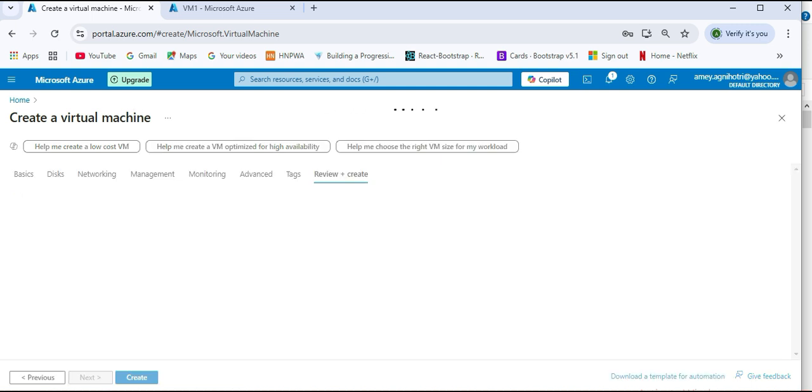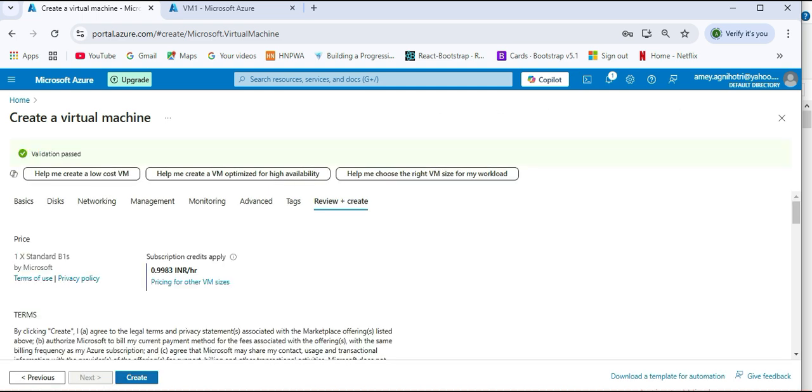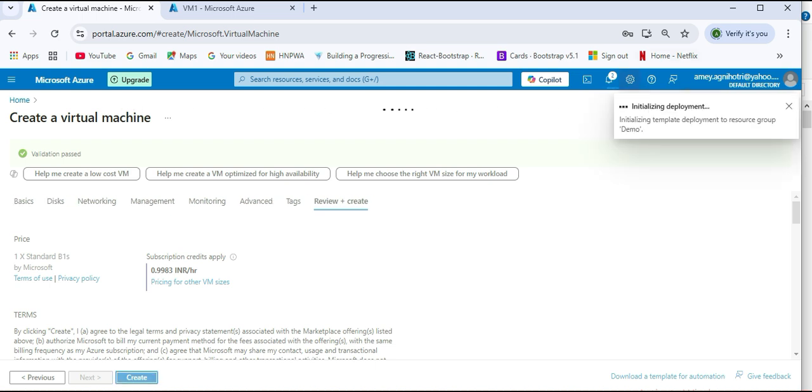It will again validate the details that we entered, and once validation is done, then just click on the create button. So it will start the virtual machine creation process. So now let's click on the create button. It will start the initializing deployment. So if you see in the right corner,